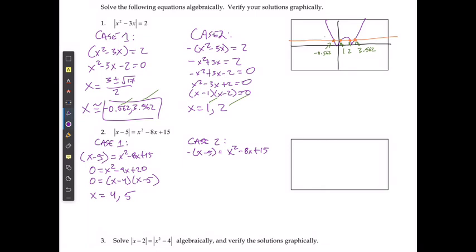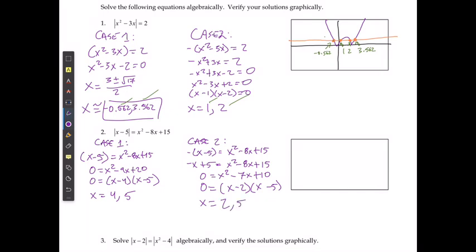For case 2, I'm going to state that negative x plus 5 is equal to x squared minus 8x plus 15, and I'm going to add x to both sides and subtract 5 from both sides. 0 is equal to x squared minus 7x plus 10. I can factor this down. 0 is equal to x minus 2 and x minus 5, which means that x would either equal 2 or